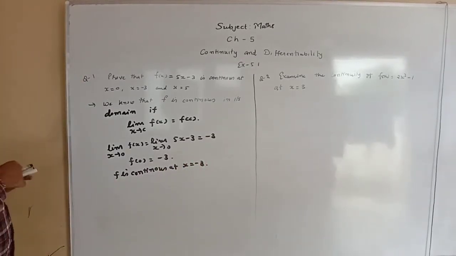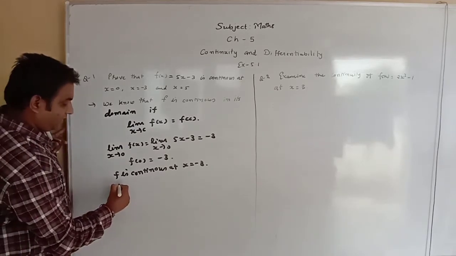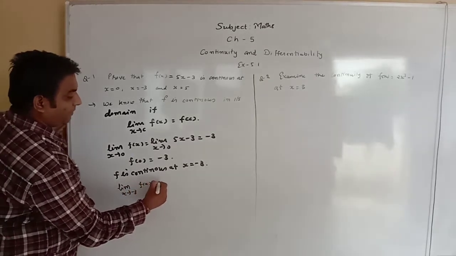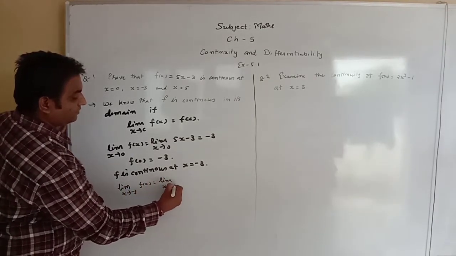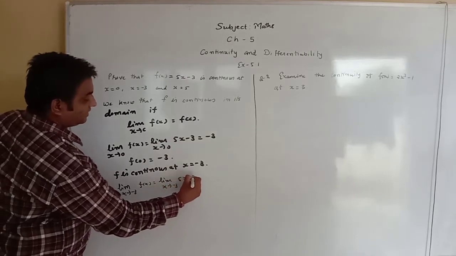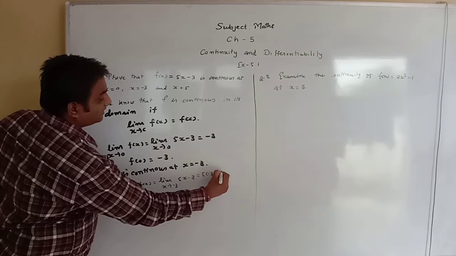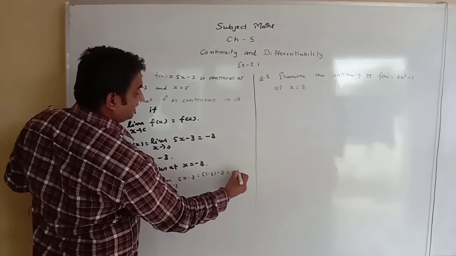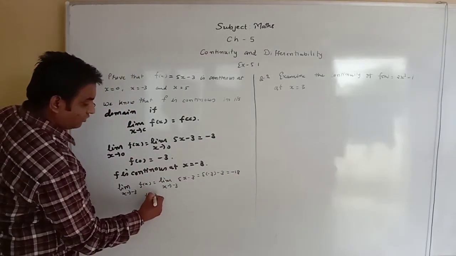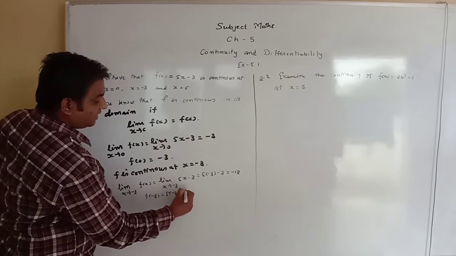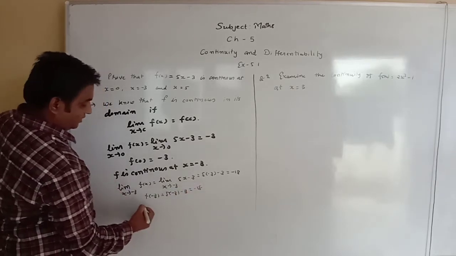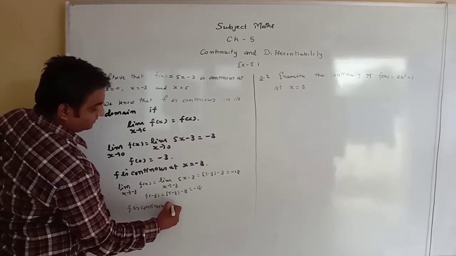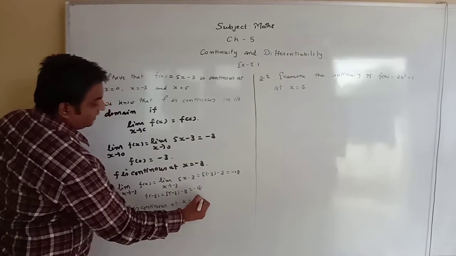Similarly, we take x equals minus 3. So limit x tends to minus 3 of f(x) equals limit x tends to minus 3 of 5x minus 3, which will be 5 into minus 3 minus 3. So minus 15 minus 3, minus 18, and f(minus 3) is also 5 into minus 3 minus 3, which will be minus 18. So f is continuous when x equals minus 3,